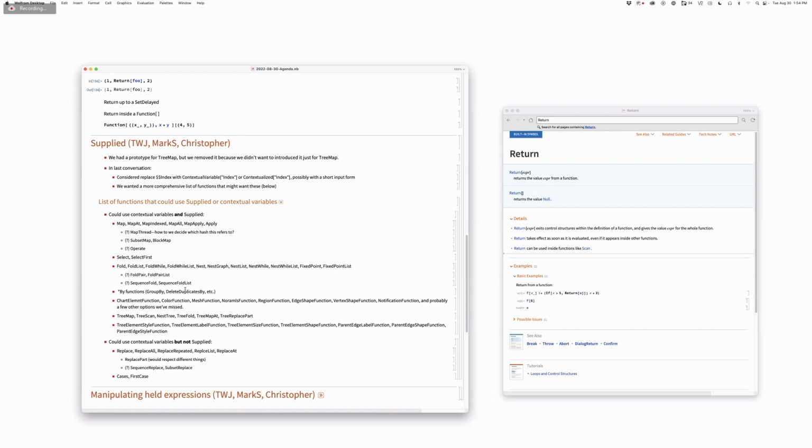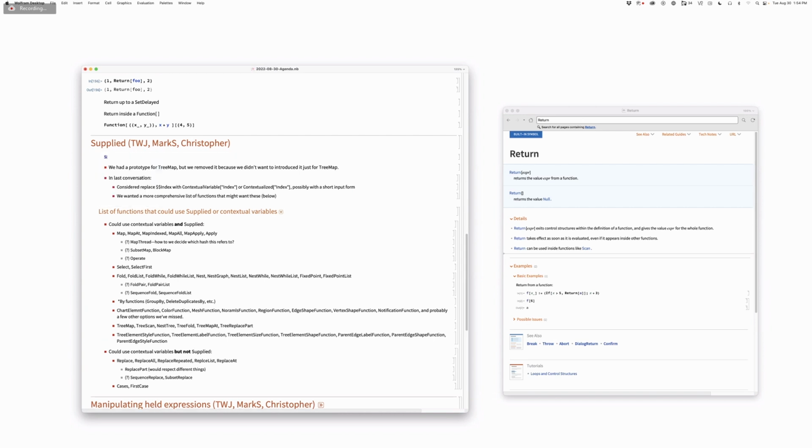Say that again. Explain that again. So I mean, in the case of a pure function, what we would be doing is saying supplied of right, like list, index, comma. I think this is one of the original reasons we started talking about contextual variables, that you could basically just bind them to, they can just be sort of always bound things that you can use on the right hand side of the